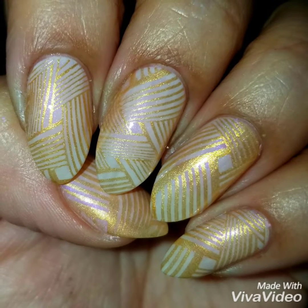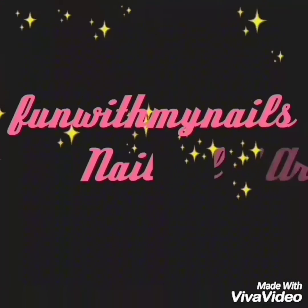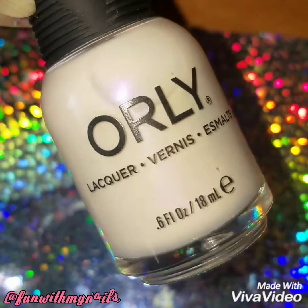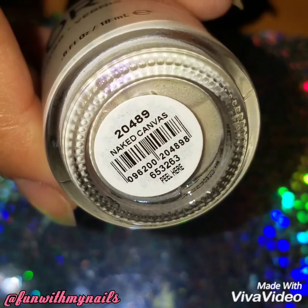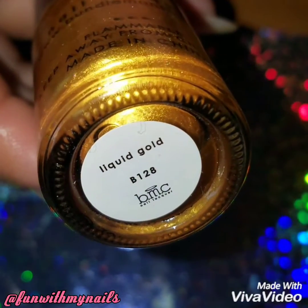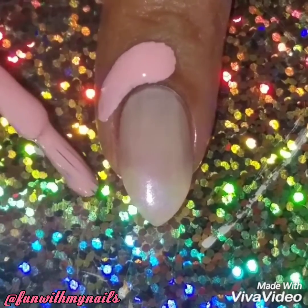Today I want to show you how to do an easy and simple nail stamp design. So I'm going to use this iridescent polish by Orly called Naked Canvas and this gold stamping polish by BMC called Liquid Gold. So I already painted my nails with the polish and I'm going to apply a liquid